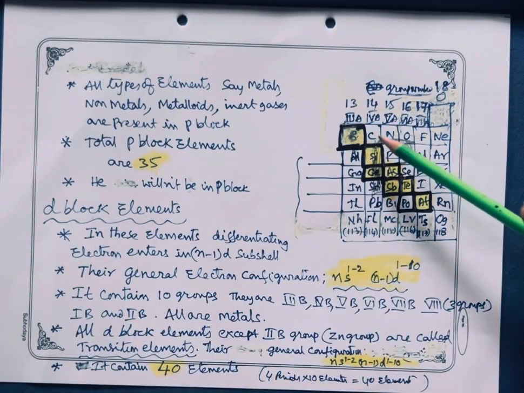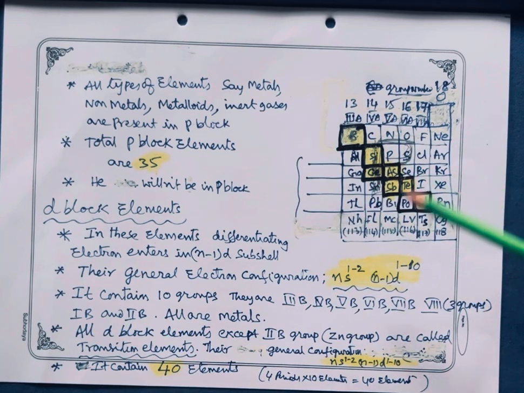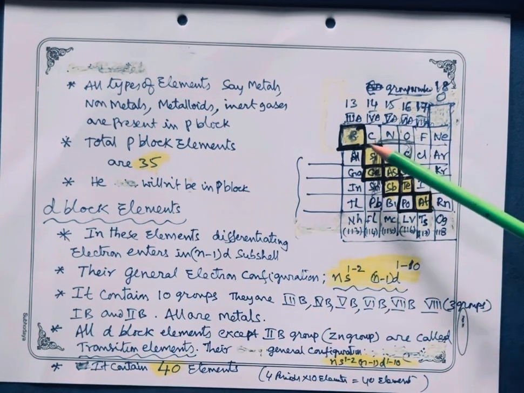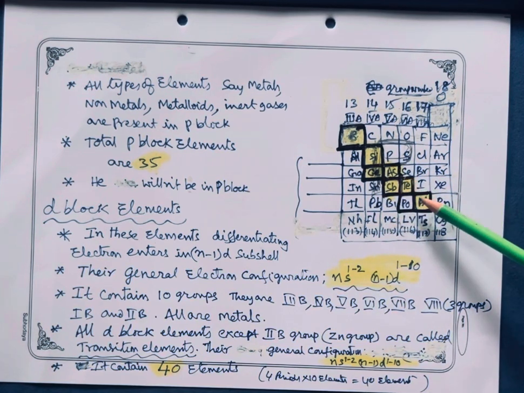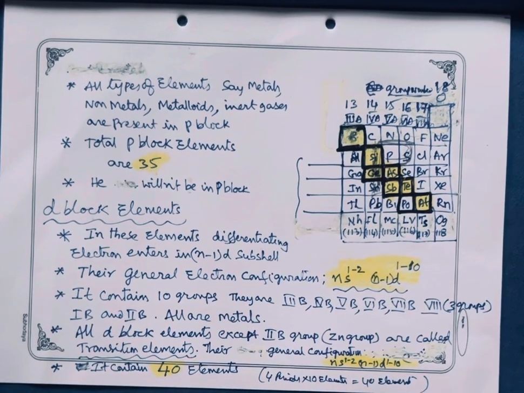So already here P block is written there because of the lack of space in that slide. Here these are the gases, these are metals, non-metals, metals, these are metalloids. So metalloids: boron, silicon, germanium, arsenic, antimony, tellurium, polonium, astatine. These are all 8 elements, metalloids. Mostly polonium is radioactive. The remaining 7 are mostly in books